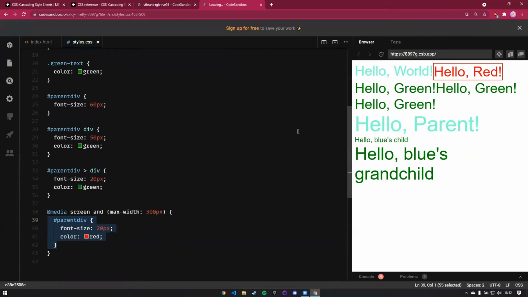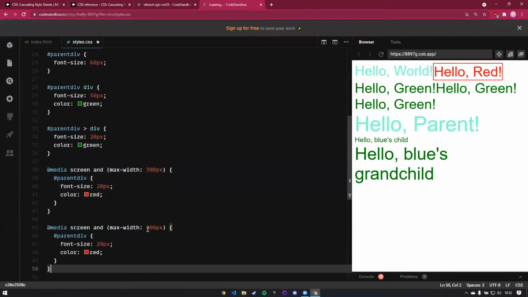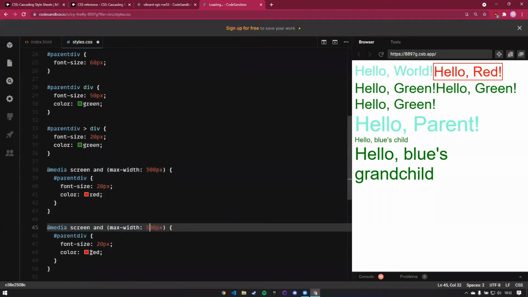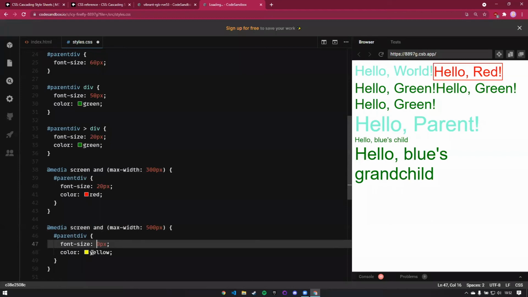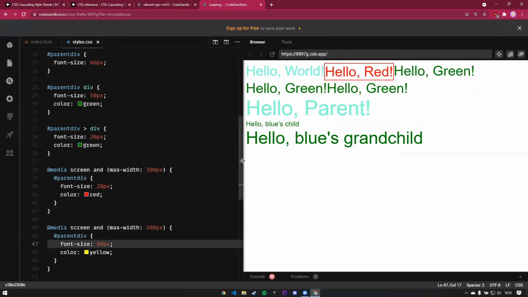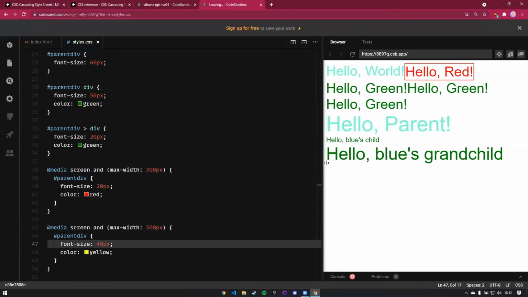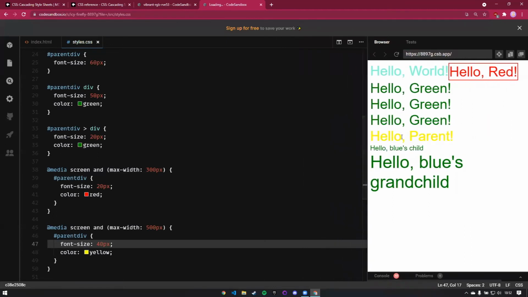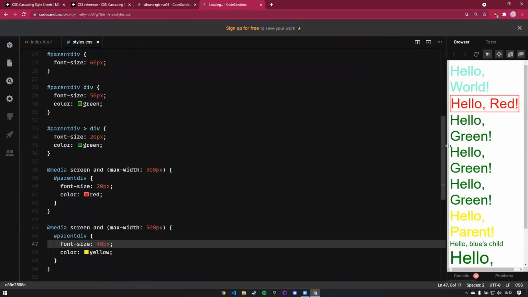And you can use this for a bunch of different screen sizes. So instead of just 300, let's also target 500 pixels. Let's change this to yellow. And at 500, let's keep it at 40 pixels. Save it. Right, so clearly right now we are at a point where the width is greater than 500. Now our width became 500, so the text size reduced and the color changed. Let's go down where the width became 300 or smaller,